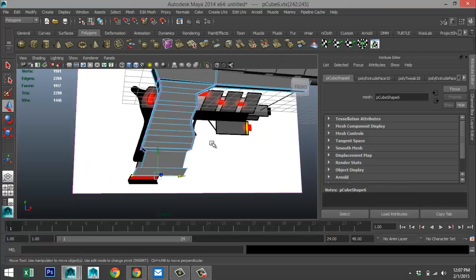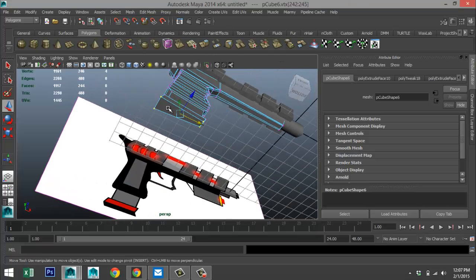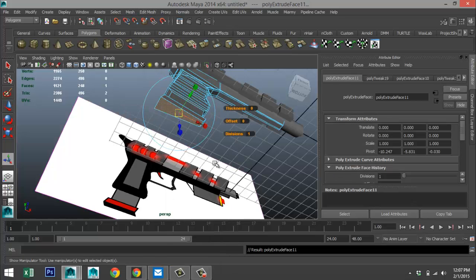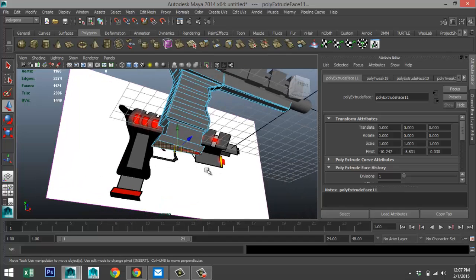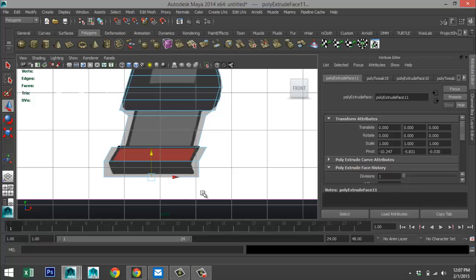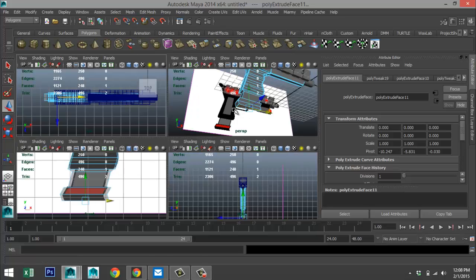Okay. And then right click face, select that, edit mesh, extrude again, hit W, bring that down, and again try to replicate that angle, bring it up a little bit, which will give us that.